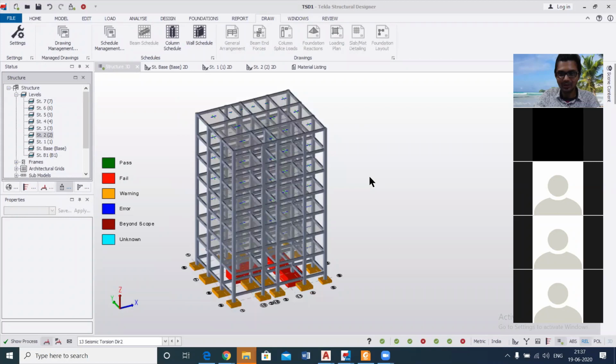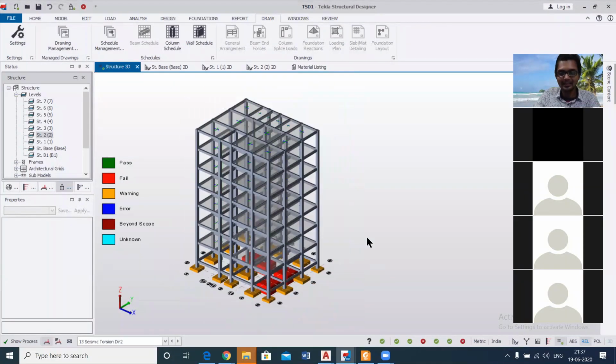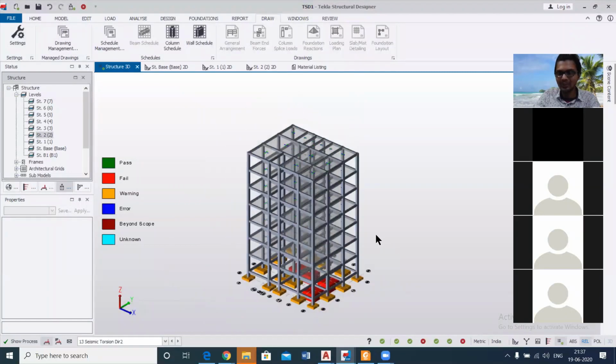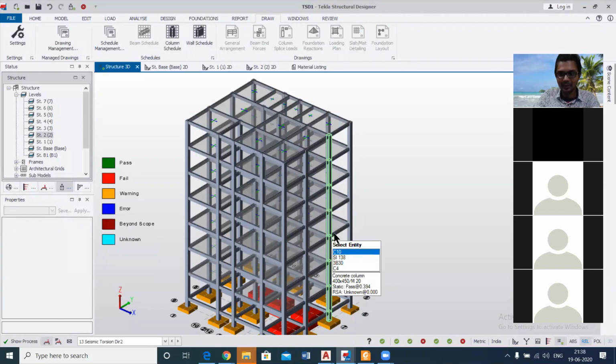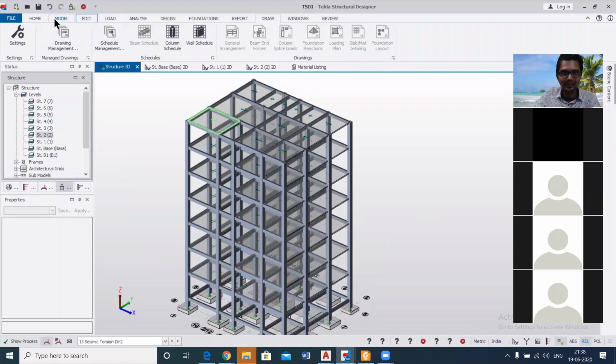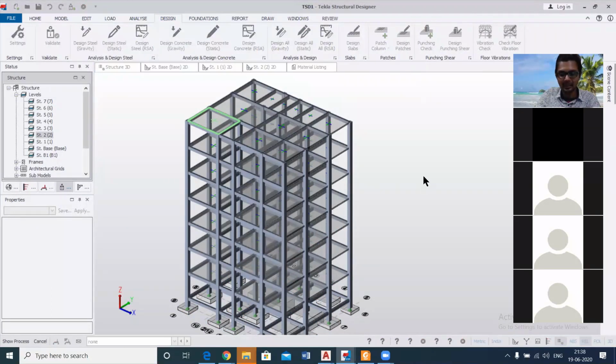You can put staircase load also here. I haven't shown that. And we can clearly see the failures and alternatives. And you can play with the model also in Stat Pro. As you saw, if you delete one particular member, error comes. Let me just show you. If I delete this particular beam, let's see what happens. I've deleted this and then just design it again, and then let's see what happens.